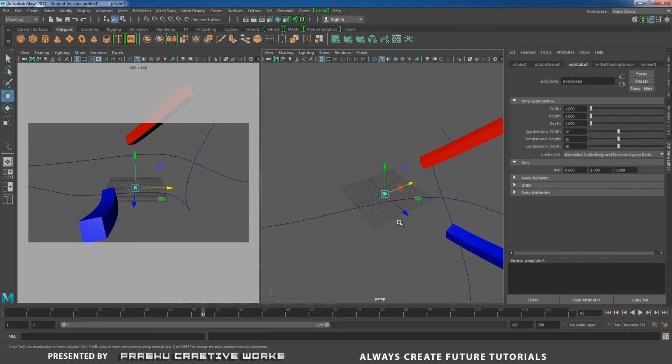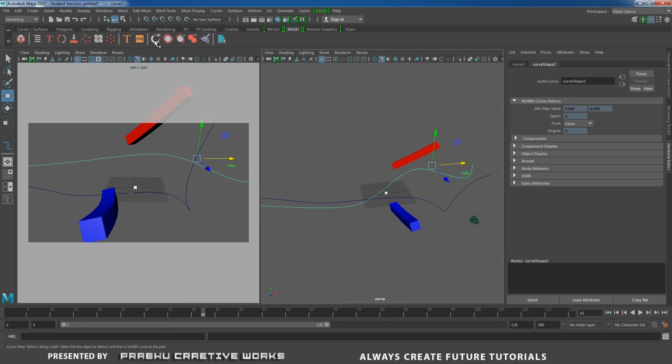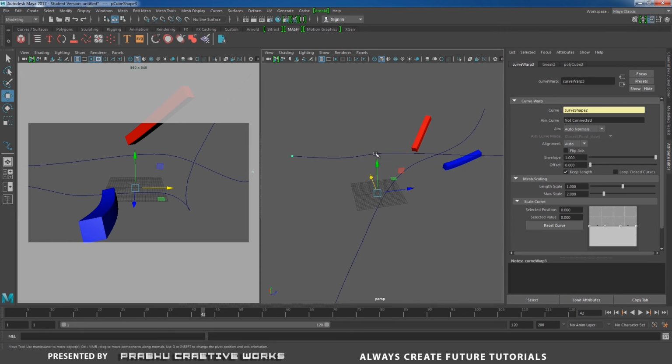Now I select this cube and shift select any of your curve, and go to mesh and click on curve wrap. That means it will automatically add to our curve. Then I will increase my length to 20, and increase my maximum scale amount, so as we match up this object, like this.